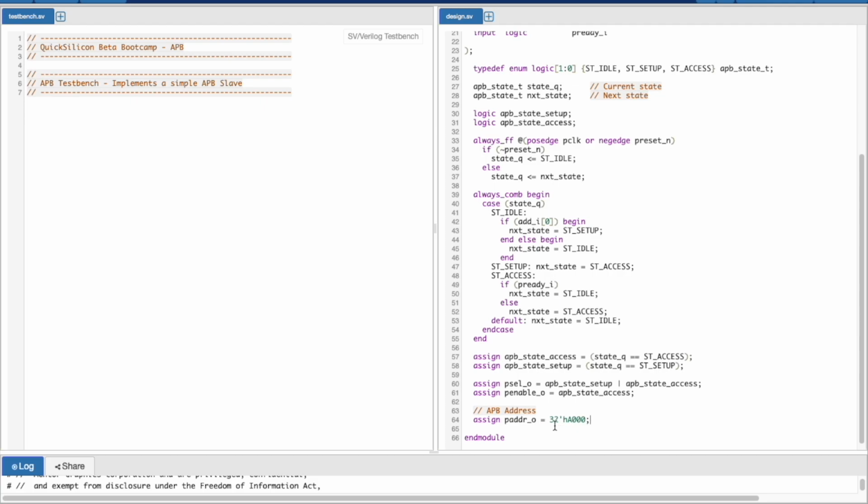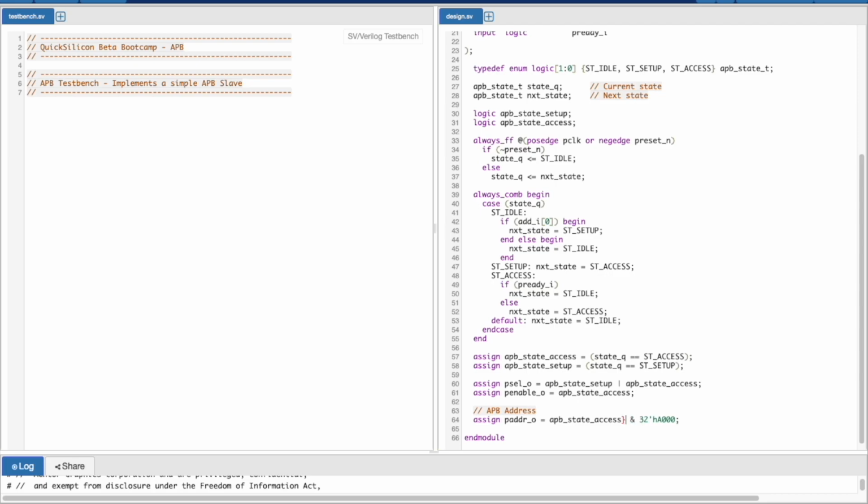So what usually people do is that they make it 0 whenever we are not in the access state, and they keep it to this particular value whenever we are in the access state. So in order to add that functionality, what we can do is we can simply do app state access, and we can just add it.